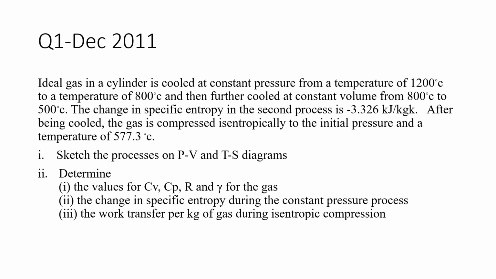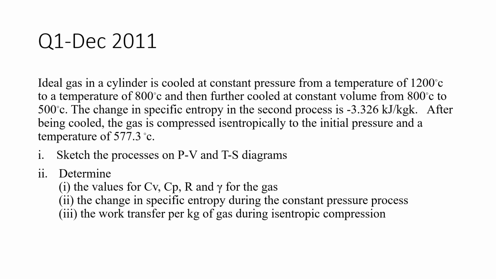Question 1, December 2011. Ideal gas in a cylinder is cooled at constant pressure from a temperature of 1200 degrees C to a temperature of 800 degrees C, and then further cooled at constant volume from 800 degrees C to 500 degrees C. The change in specific entropy in the second process is minus 3.326 kilojoule per kilogram Kelvin. After being cooled, the gas is compressed isentropically to the initial pressure at a temperature of